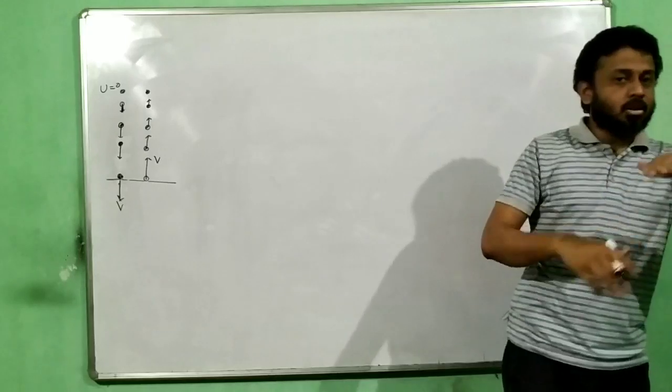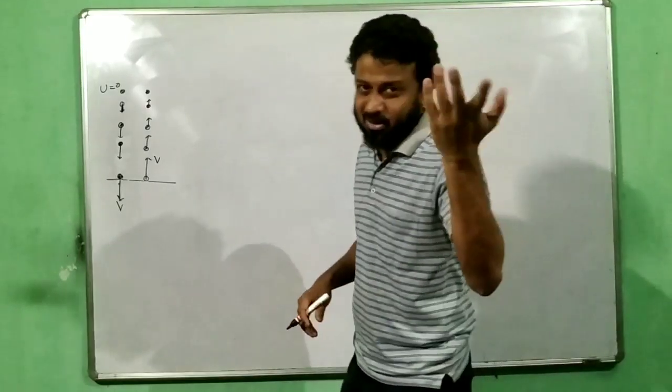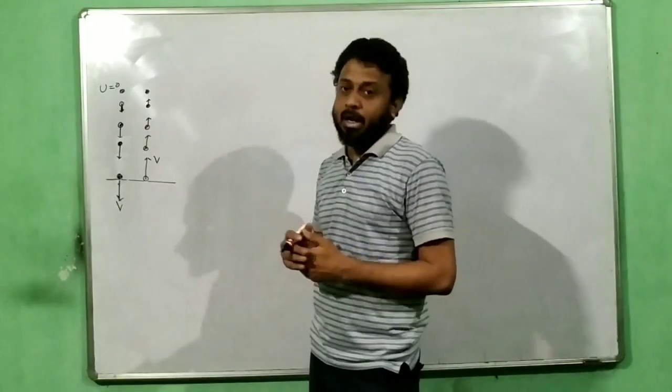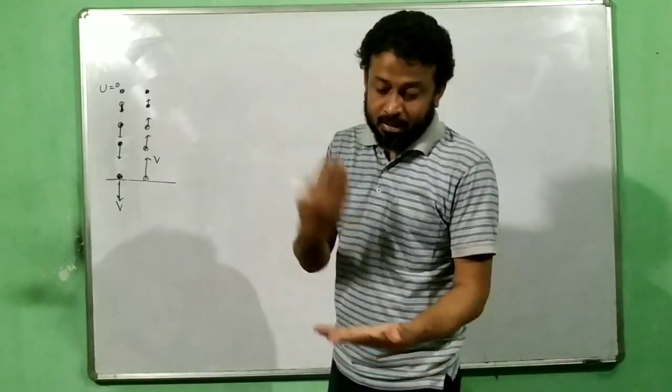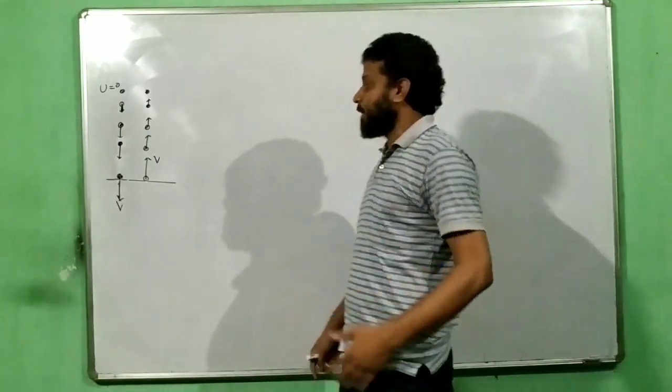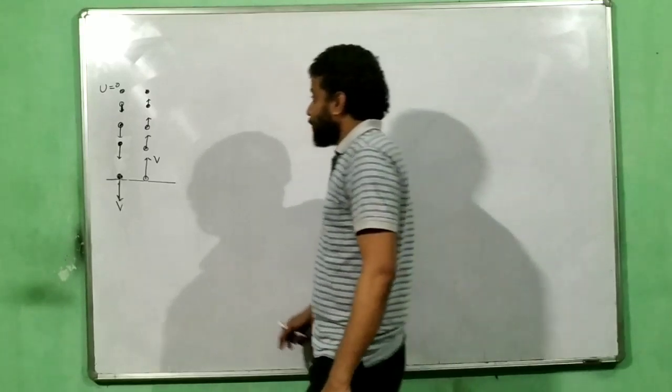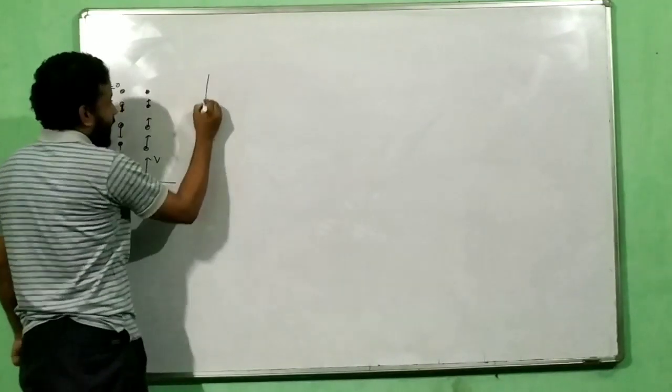In real life, it does not come back to the same height if you drop it because of inelastic collision, but we are talking about an ideal case, assuming that the collision is perfectly elastic and it bounces back with the same velocity. Now, if I have to plot the velocity time graph,